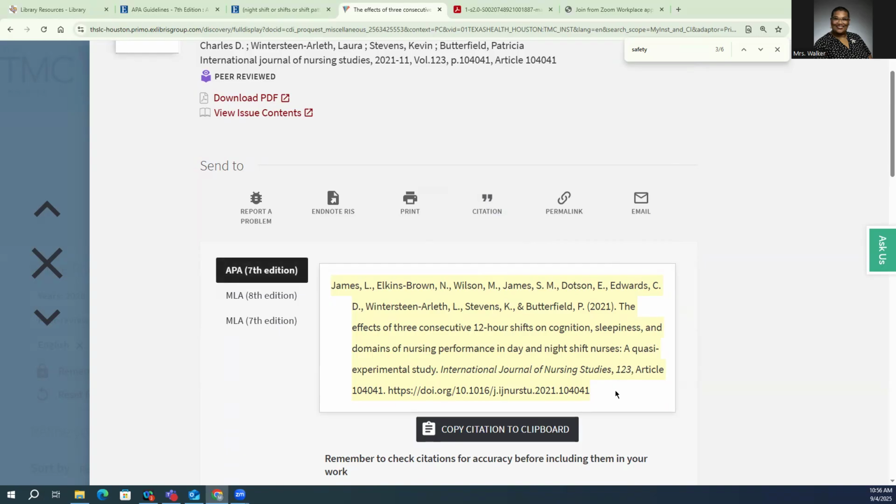And I wanted to caution you when you're copying and pasting citations from databases into your references list to double check the format of the citations that the databases are giving you. Most of the time everything will be okay with the citation, but sometimes not. It's worth it to double check and see if there's anything going on with the citation before you just copy and paste it into your references list.